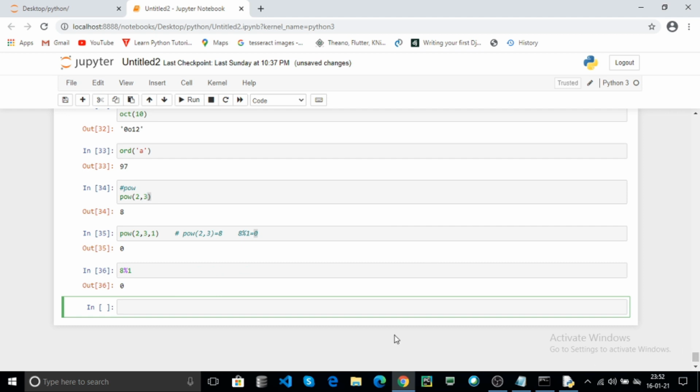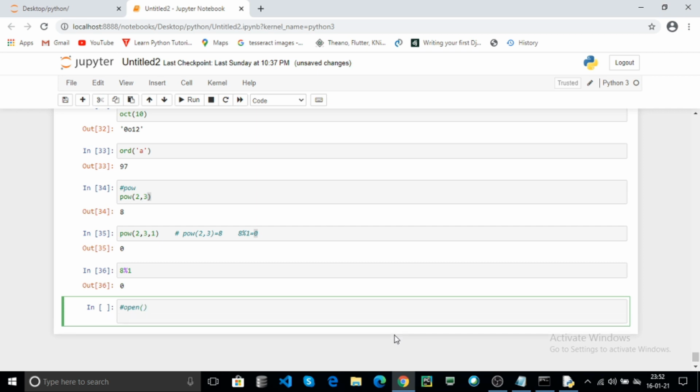And the next function is open. The open is used to open any file. For example, if your desktop or your system contains any file, you can use the open. First pass the parameter as your file name, for example, a.txt.